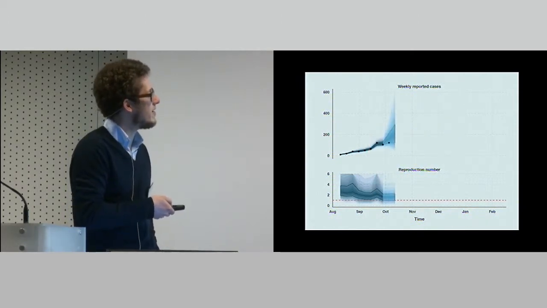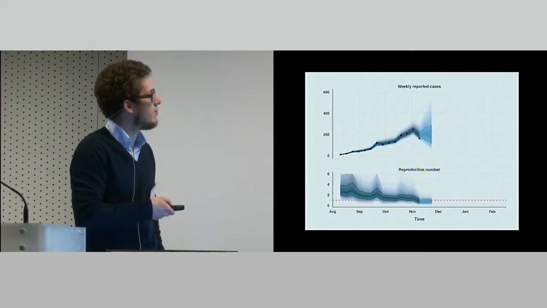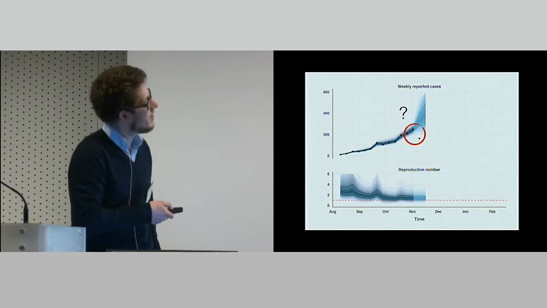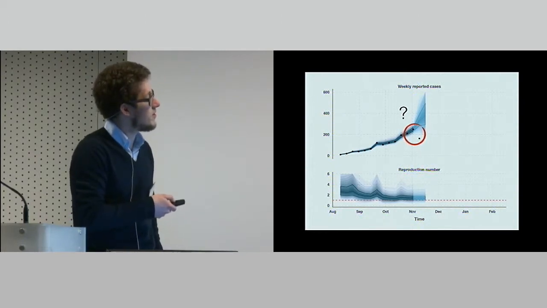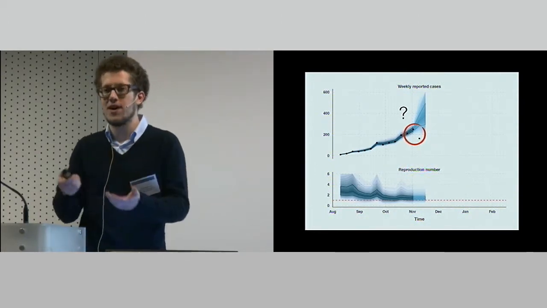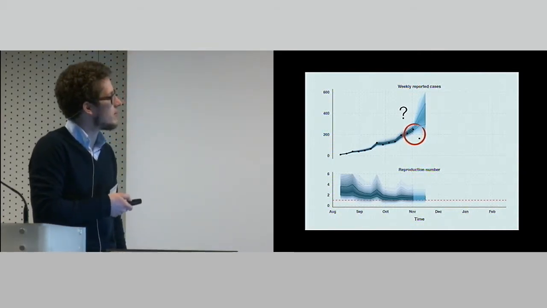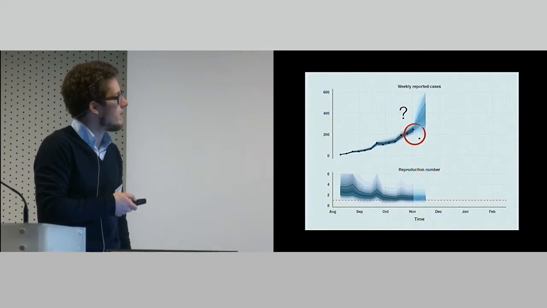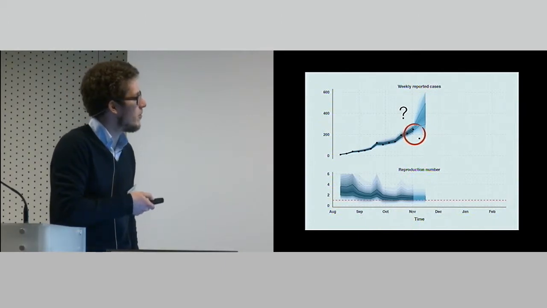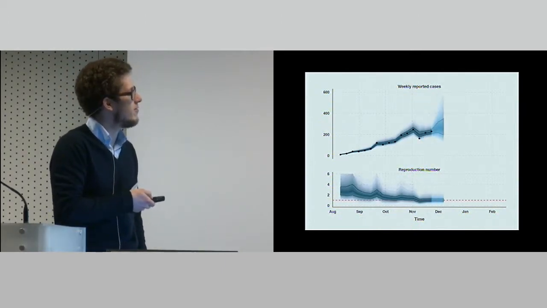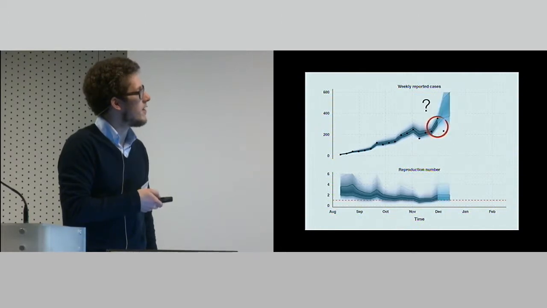But then we refit and project this forward, go forward in time, so we're now in November, December, and then we get to this one here. For this one we didn't have an explanation. Something happened there, and I mentioned all the factors before that we're not taking into account. So this one was very much outside our projection, and for whatever reason, we don't know. But then again, we can refit, keep going, and the same thing happens again here, so there's a drop here, which we couldn't really explain. And since then,